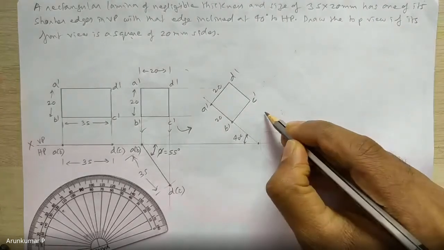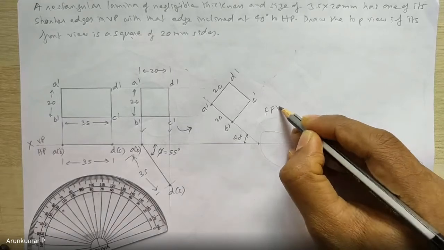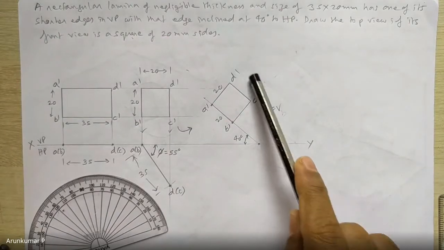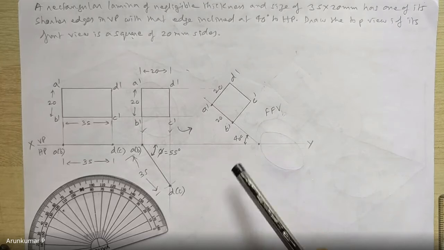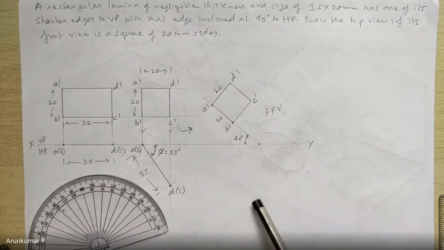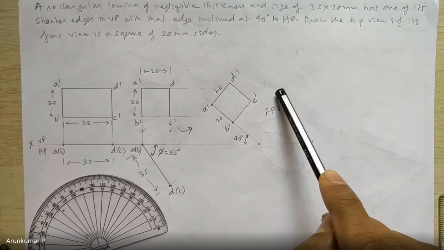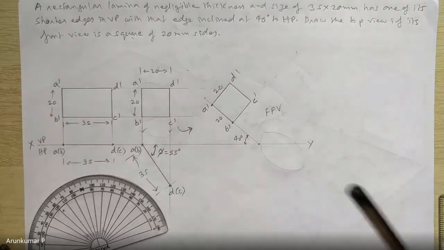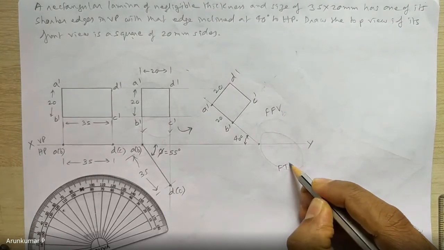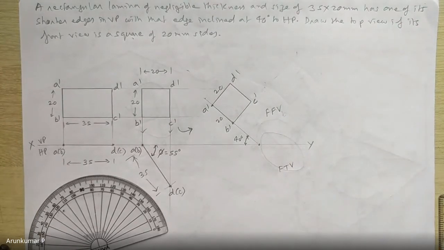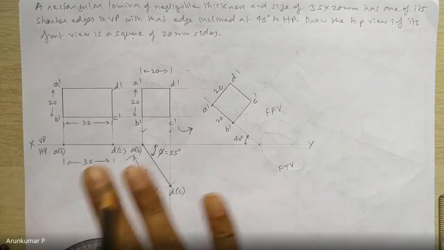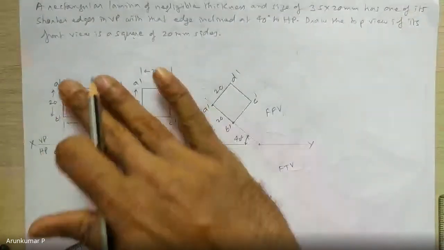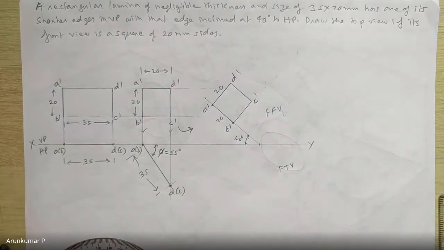So this is your final front view. So this is another difference. See, you are getting the final front view here. Normally, in any of the other problems, you had got the final top view and then you used to get the final front view in the last step. Now here you have already got the final front view. Now you have to locate and draw the final top view. Final top view becomes the last step. So these are the fundamental changes when you rest a plane lamina on VP.